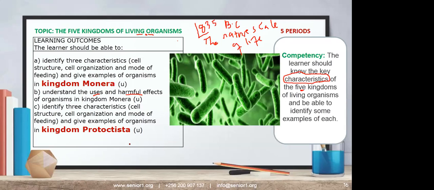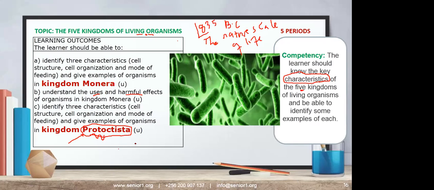For you to be placed under Kingdom Protoctista, that is another kingdom. Now, this kingdom Protoctista involves what we call protists. Pro means before. There are some organisms which existed long ago, but they are weird. They have characteristics of plants, but at the same time, they have characteristics of animals. They have characteristics of Monera, like they are in between. So those that they fail to place anywhere are placed under Kingdom Protoctista. And most of them, again, we cannot see using the naked eye.